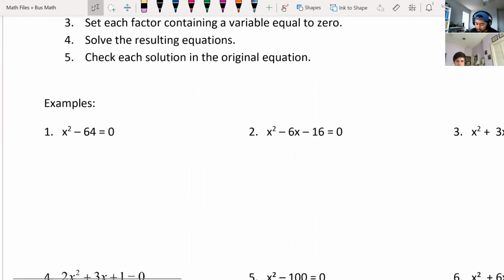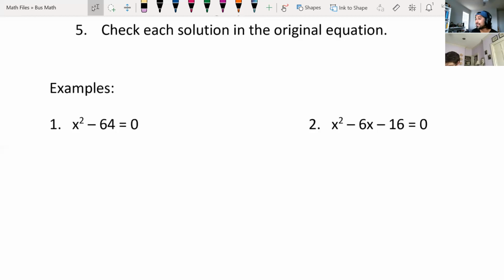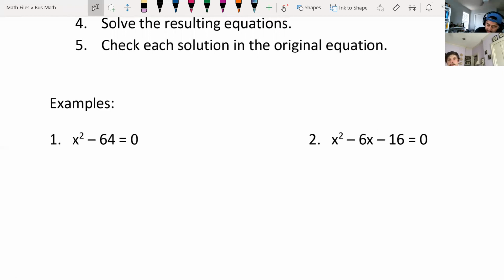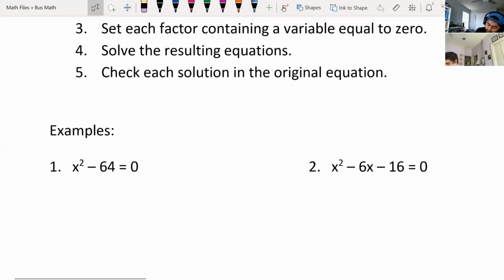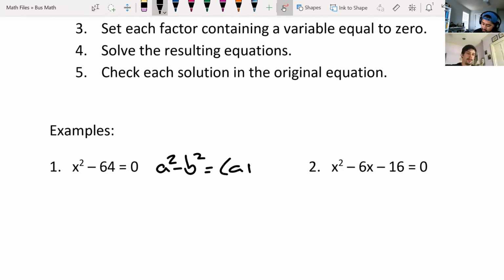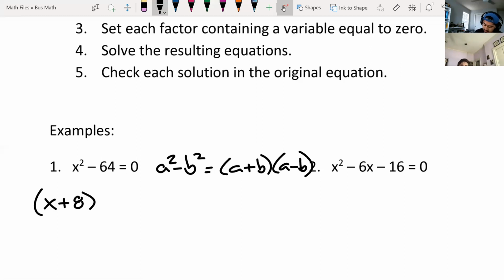Okay. So for number one, x squared minus 64. This is a difference of two squares. So remember that a difference of squares, if it was given as a squared minus b squared, will factor to a plus b times a minus b. And they have to be two perfect squares. So this means that x squared minus 64 is going to factor to x plus 8, x minus 8 equal